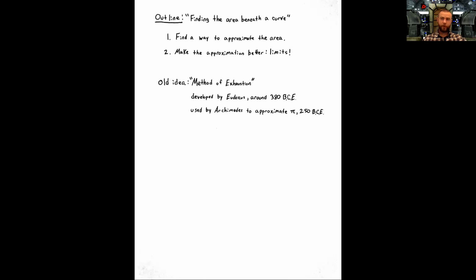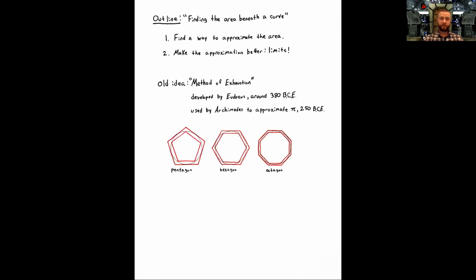Archimedes took the method of exhaustion and applied it to approximate pi. Archimedes was regarded as one of the greatest mathematical minds in all of history. What he did was rather remarkable, considering over 2,000 years ago, there wasn't calculus. There were the foundations of it with what's known as the method of exhaustion. If we approach it as Archimedes did for finding an approximation for pi, let's think about area of a